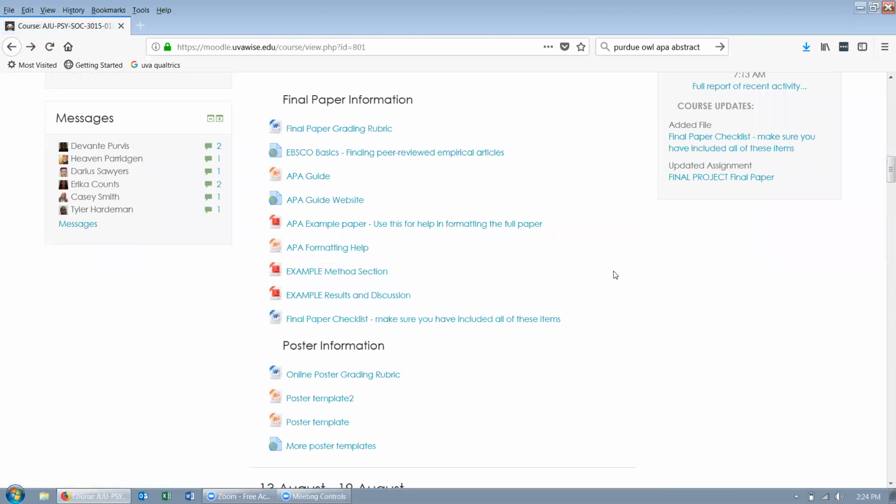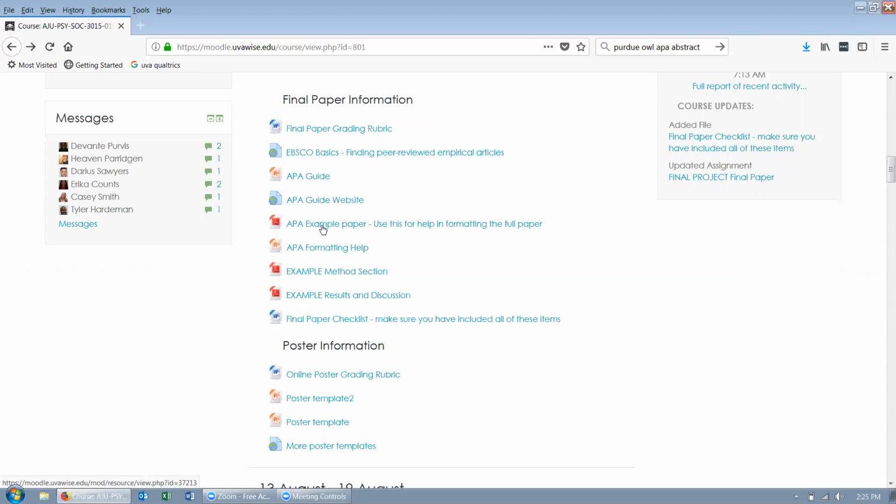So that's the basic content of what needs to go into your results and discussion sections. I have a lot of examples on Moodle, so I just want to make sure that you understand what these are for. So of course we have your grading rubric, which you should always go back and double check. You've already watched this and found your articles. So these two, the APA Guide and the APA Guide website, focus on how to cite your sources. So this should already be done unless you had errors. These tell you how to do in-text citations and also your references.